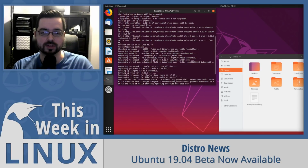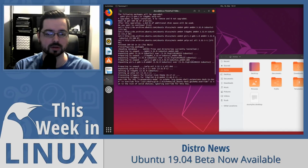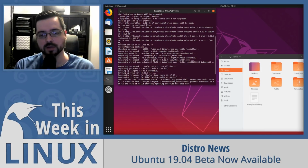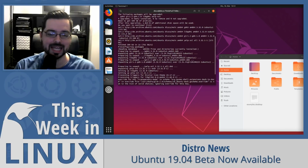Now, all of these three different topics we've actually discussed on previous episodes. GNOME 3.32 and the Mesa 19.0 drivers were covered in depth on episode 59 of This Week in Linux. The Linux kernel 5.0 was covered in depth on episode 50 of This Week in Linux. So if you'd like to learn more about those three things, you can check out those episodes, and I'll have a link to those in the show notes below. But first off, let's keep going with the rest of what's coming with Ubuntu 19.04,